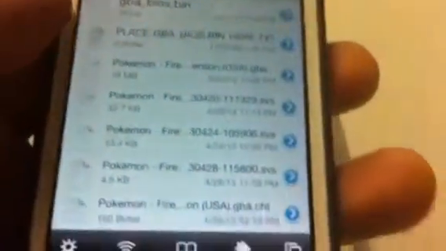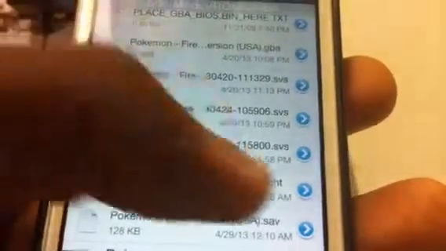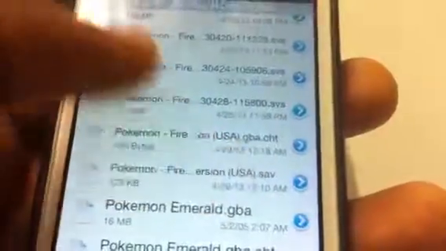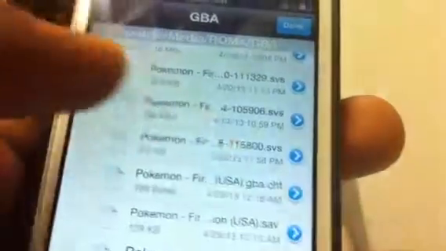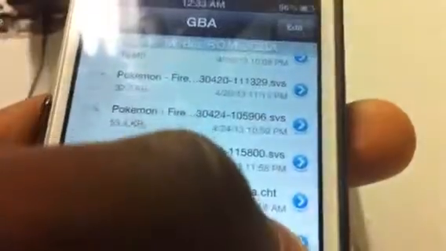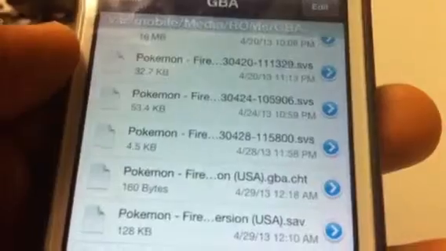So you need to go to iFile. Of course, you gotta be jailbroken for this to work, and create the exact same name that's on your ROM naming. This is what I did. Basically, I took the exact name of my Pokemon emulator and just copied it, and then add the extension GBA cheat. And GBA cheat is what will register and what will allow your emulator to read the